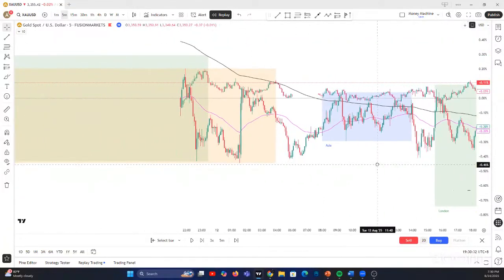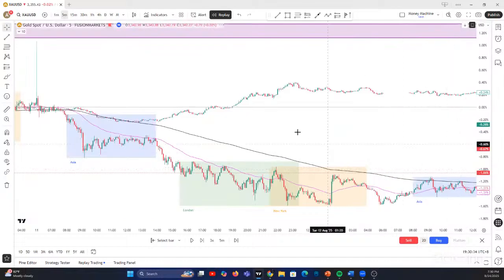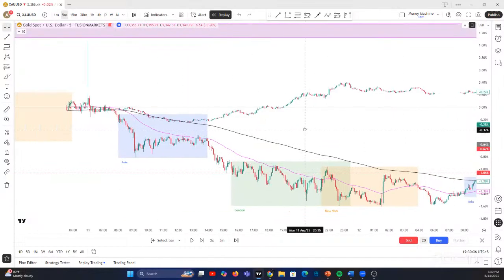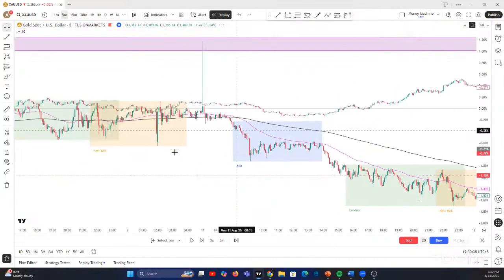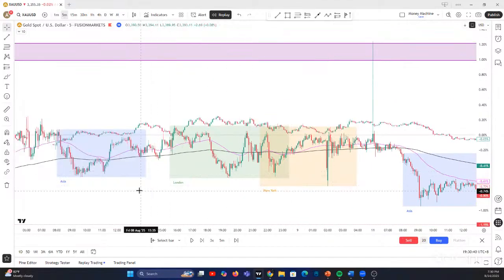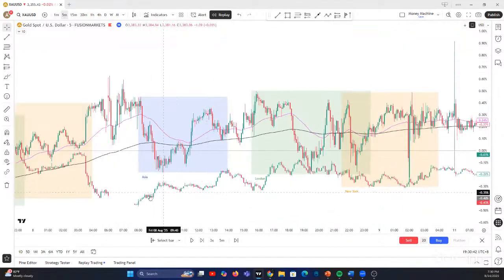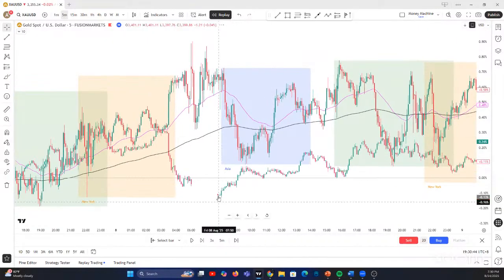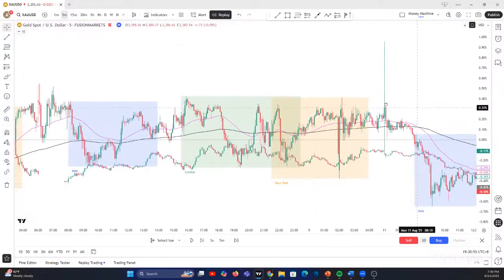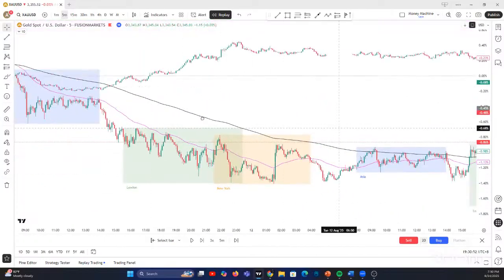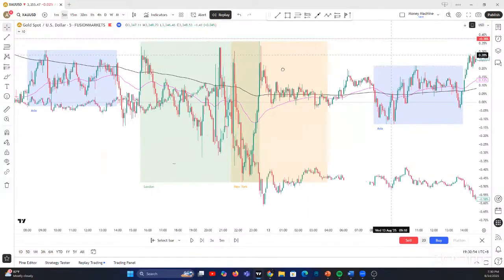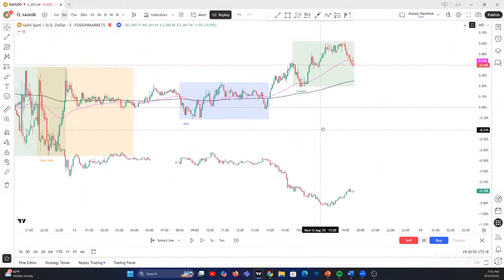And if DXY is going up, for example, okay, here DXY is going up and gold is going down easily, my friends, right? Very easy now for you. Okay, now